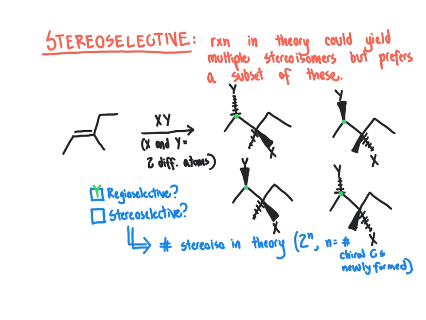We're looking at how many different stereoisomers can arise from this particular reaction, so we're only focusing on chiral centers that would be formed as a result of reacting here and here at carbon 2 and carbon 3 of the chain, the 2 alkene carbons. So looking at this reaction, each of those 2 carbons that I've put the blue dots on in the final product will represent chiral centers, and therefore the number of stereoisomers in theory for this particular reaction, doing 2 to the n, would be 2 to the 2, or 4 stereoisomer products in total is the theoretical number that is